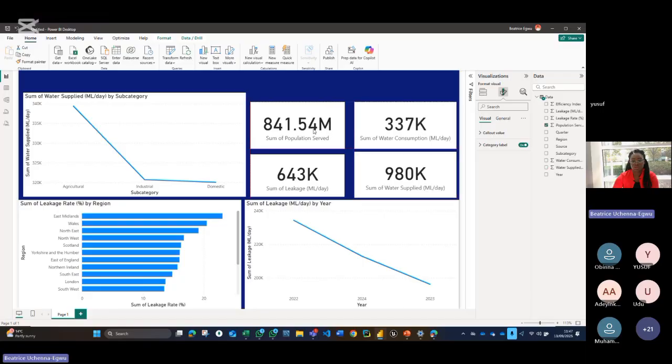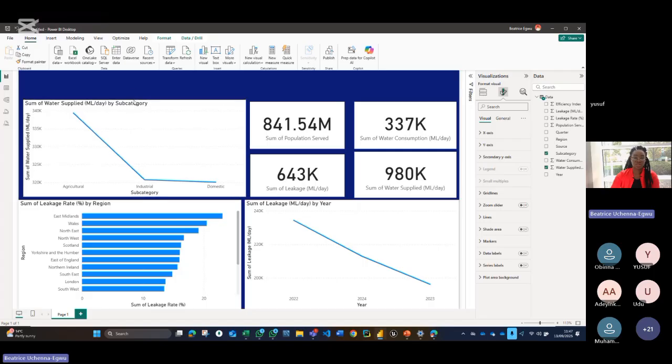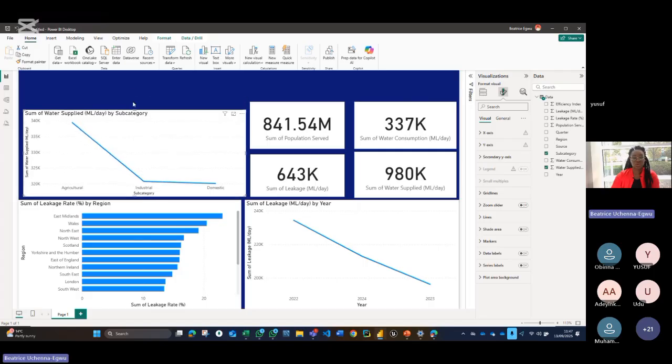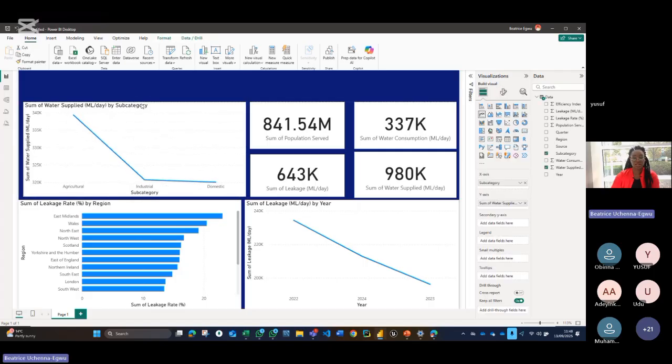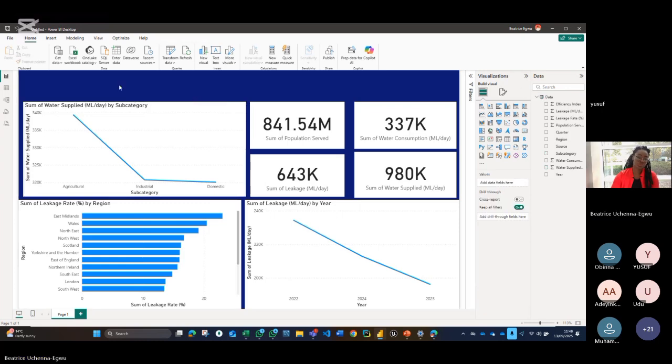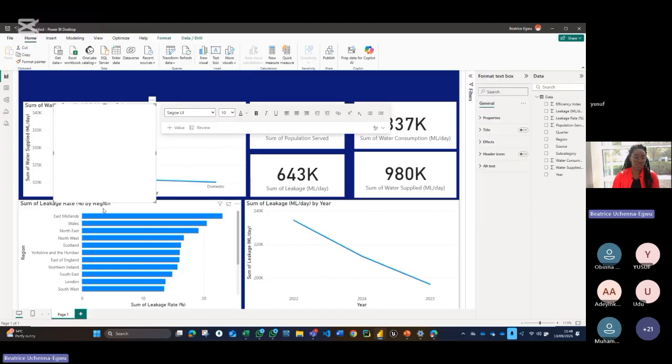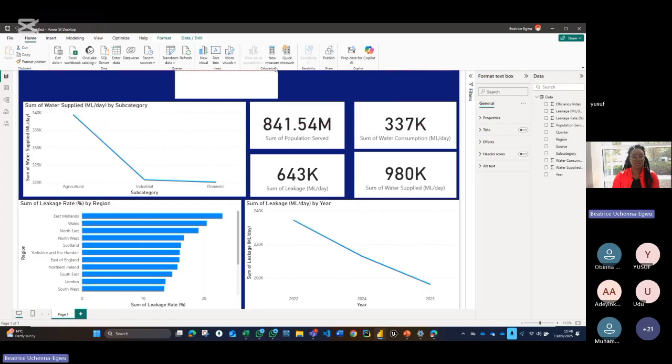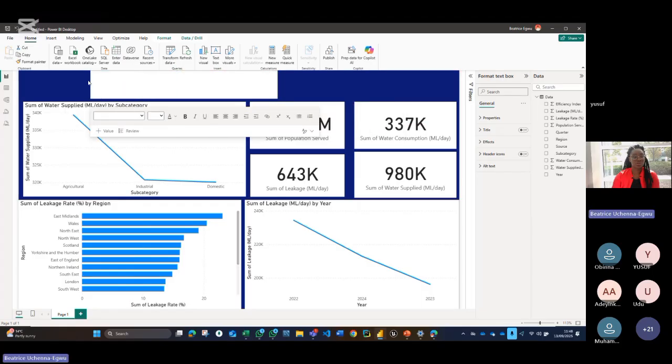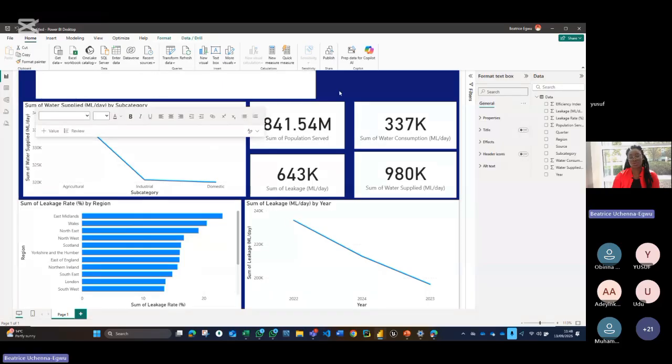So I just want to adjust mine, and then I'll bring this one down to meet this one, because I want to use the top for my dashboard label. It's always good to give your dashboard a title. So we'll use a text box to do that. Most times, everything you need for your dashboard design is on the home menu. So I'm going to title my dashboard and I want to call it